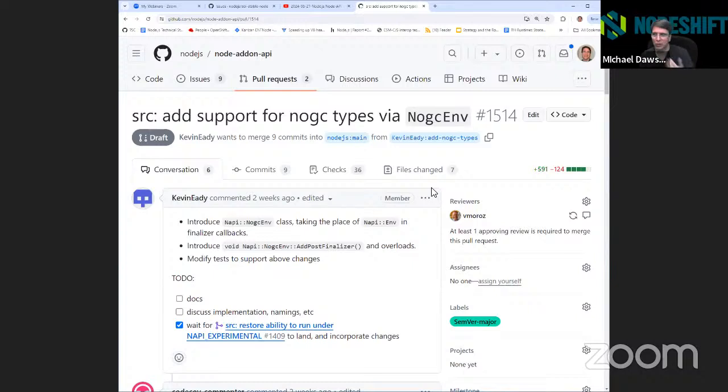Now with what we've done to change Node add-on API so that we can change behavior as we move up to new versions of Node API, that changes a little bit. But if we were going to run one, I'm still wondering if running under experimental will give us higher coverage versus not at this point.